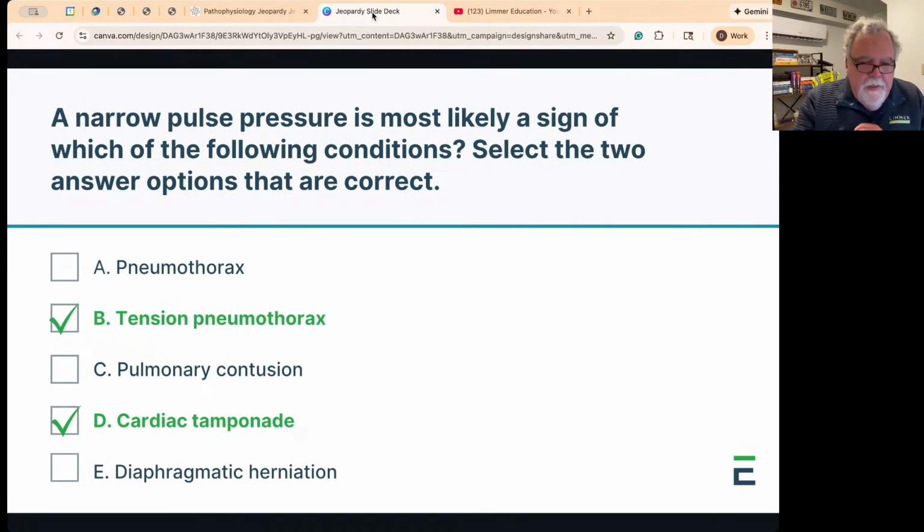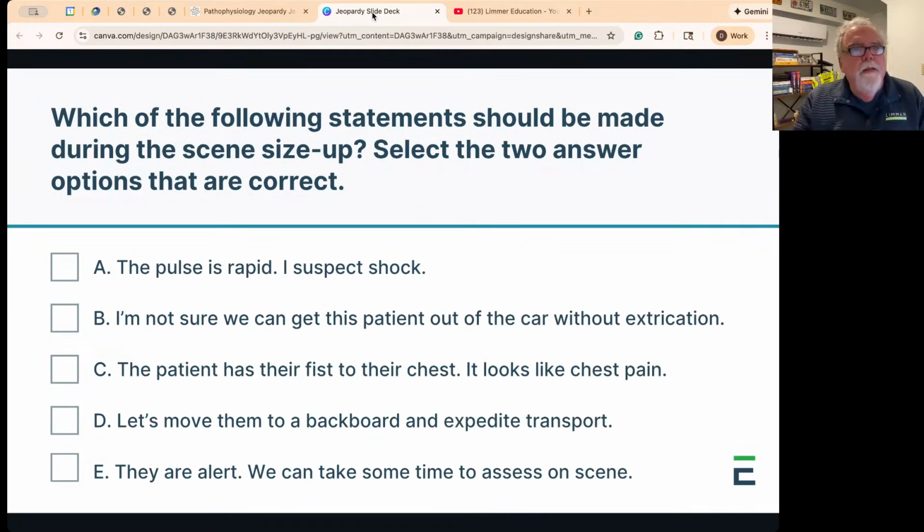All right, I'm going to pop the next question up here. Select the 2 answer options that are correct, 2 of 5. Which of the following statements should be made during the scene size-up? Now, what I like about this question, while it's not pathophysiology, the National Registry can take anything and make a multiple response question out of it. It doesn't have to be clinical. I think that's what's important about this, and I think it gives us a little bit of extra juice, a little bit of extra